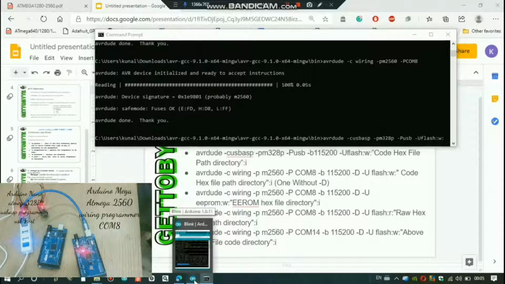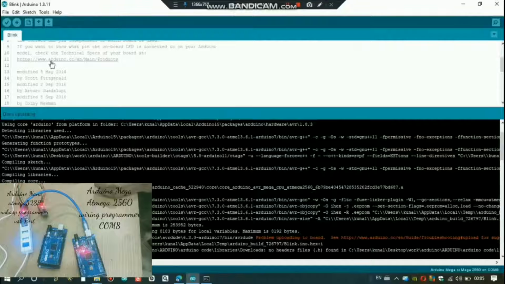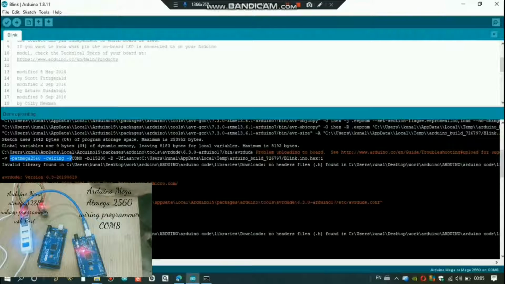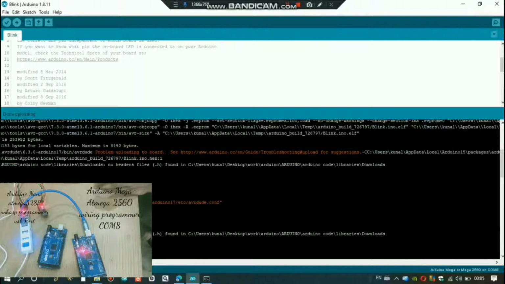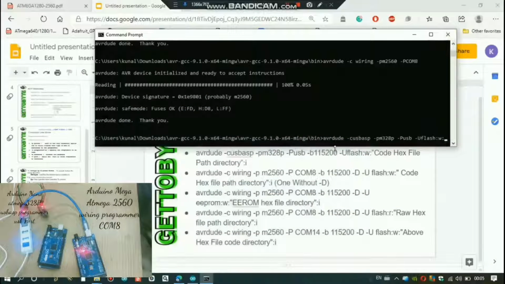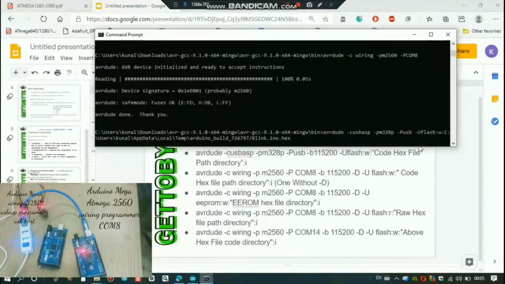Now you can get the code hex file path directory, for example, by opening the Arduino IDE. I have uploaded the Blink sketch, so you will find it here, along with minus P ATmega2560 and minus C wiring, you will see the path directory of the hex file of the code which you have uploaded on Arduino IDE. You can upload any sketch on Arduino IDE, copy the path directory of the hex file by enabling verbose in the preferences, paste it here, and then semicolon,